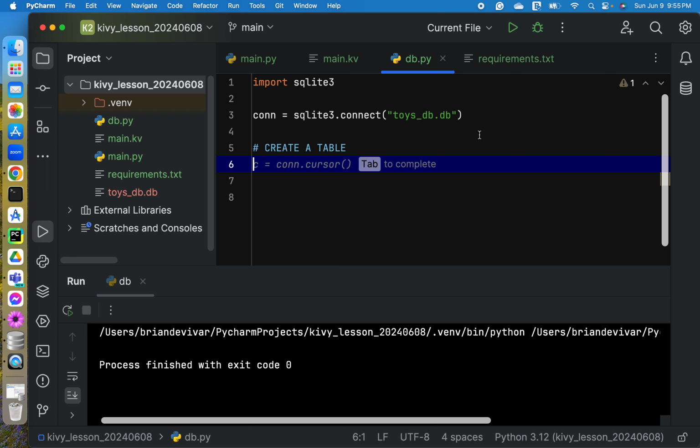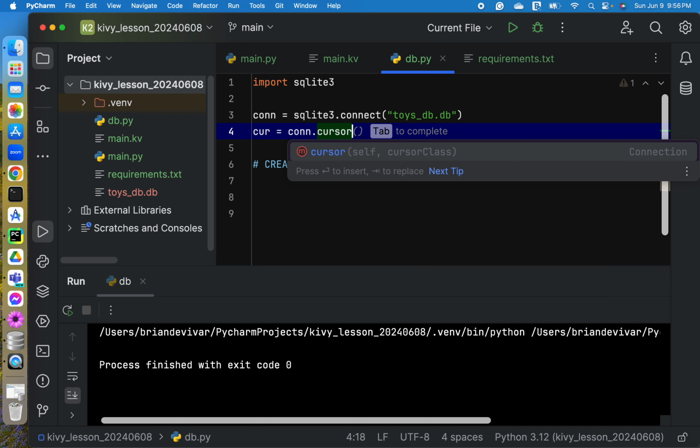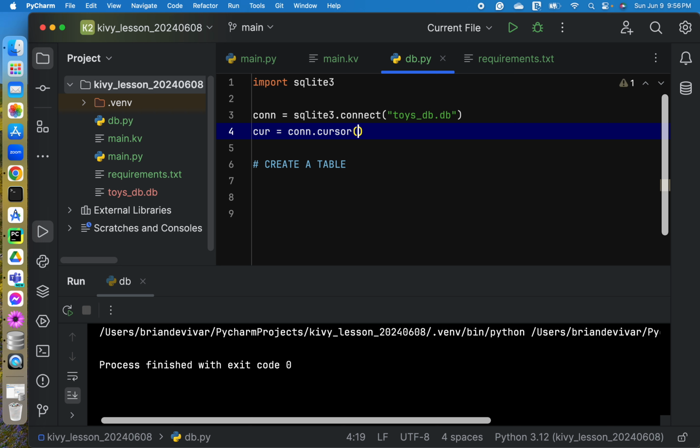First, we need to set up our cursor. So we create a variable cur, short for cursor, and the con.cursor is assigned or stored in our cur variable.